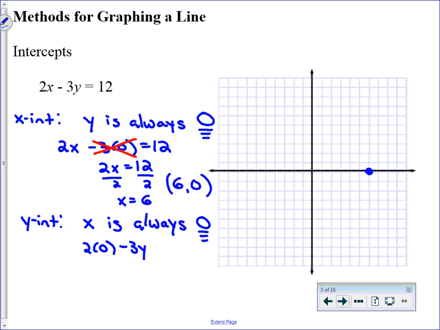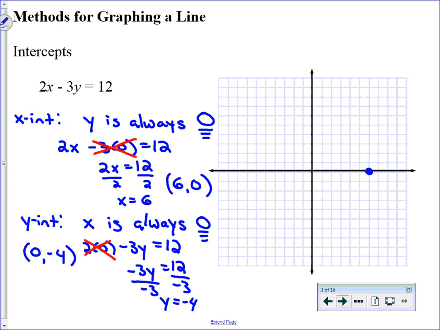minus our 3y, that is equal to 12. And now we have to be real careful here because the 2 and the 0 cancel out, but we still have a negative 3y that's equal to 12. We divide both sides by a negative 3, and we wind up with our y equal to a negative 4. So when we write this as our final answer, we know that is our y coordinate, so we have a